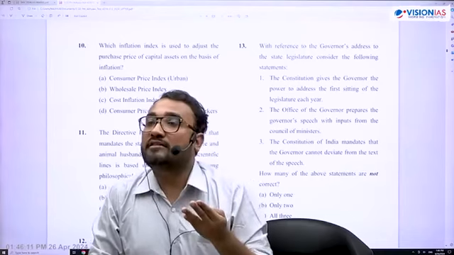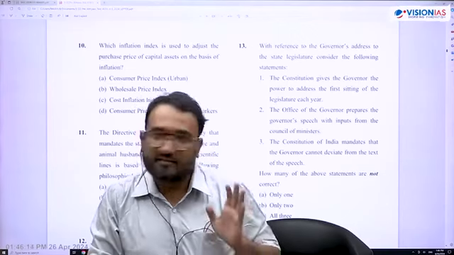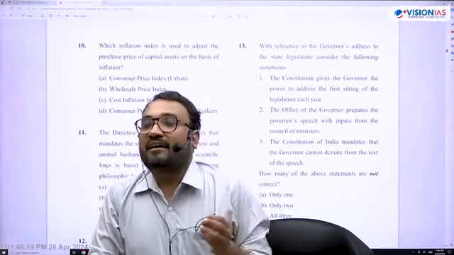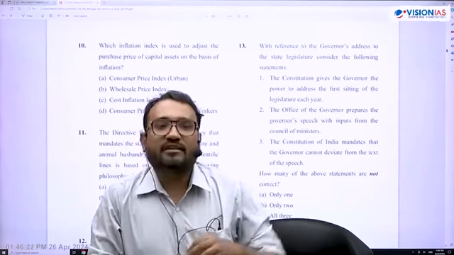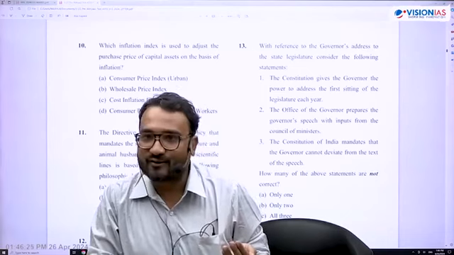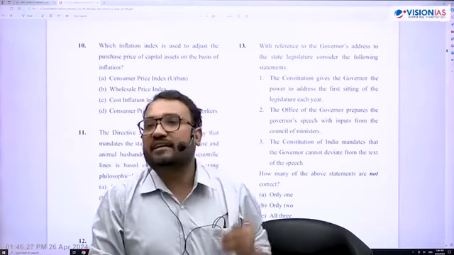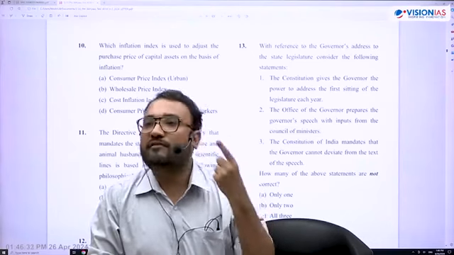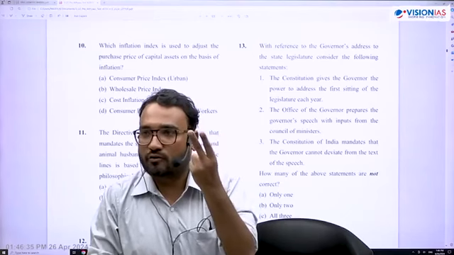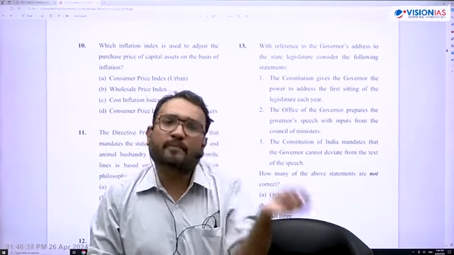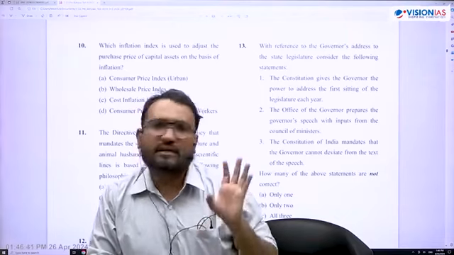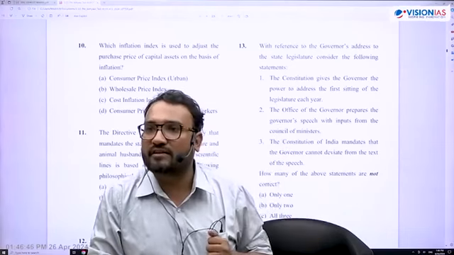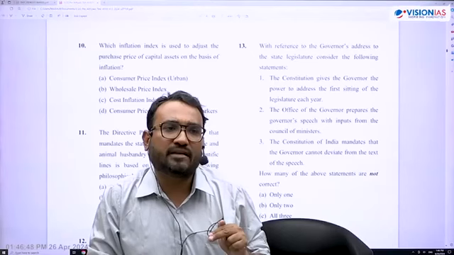Fourth important thing is the address of the assembly session. In two states, I will not name them, the governor was addressing the session, so there is a practice. You have Article 87 of the Constitution and Article 176. Article 87 says that the president will address on two occasions: the first session of every year, and when a new Lok Sabha comes into life, the first session of that Lok Sabha. The replica of Article 87 is 176, that the governor will address the sessions. One is the first session of every year, and second, when the new state legislative assembly comes to life.